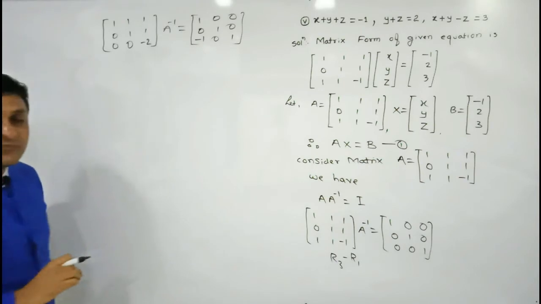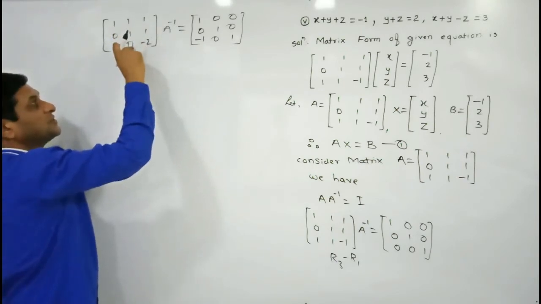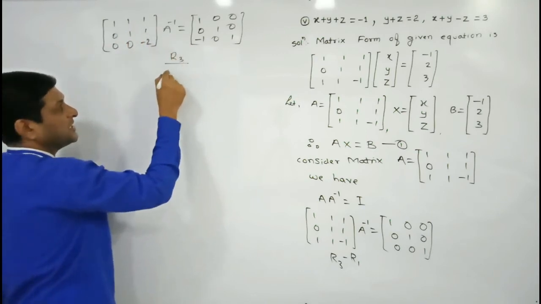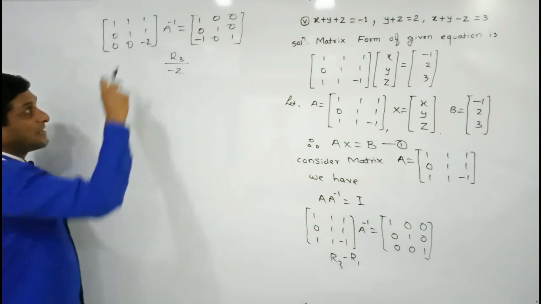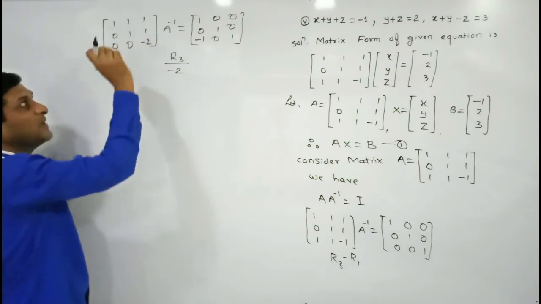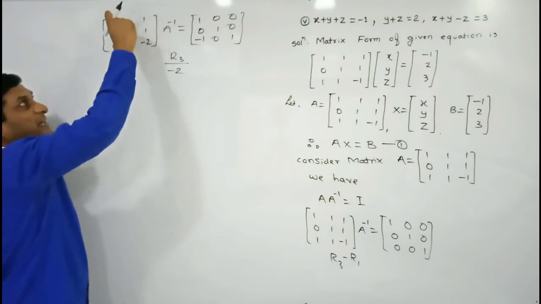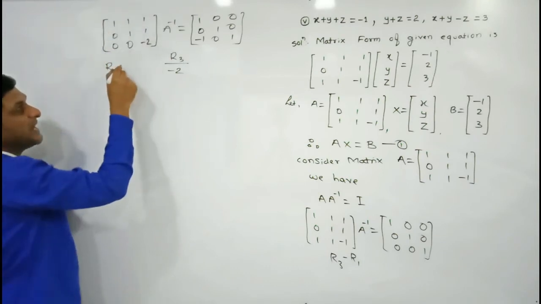In this way our first step is completed. Now we will require what? 1 0 0 1. To convert this element into 1, we are dividing the element of R3 by minus 2, so that minus 2 upon minus 2 will become 1. Parallelly, using these two elements, we are able to convert these two elements also into 0. So our operation is on R1 minus R3,